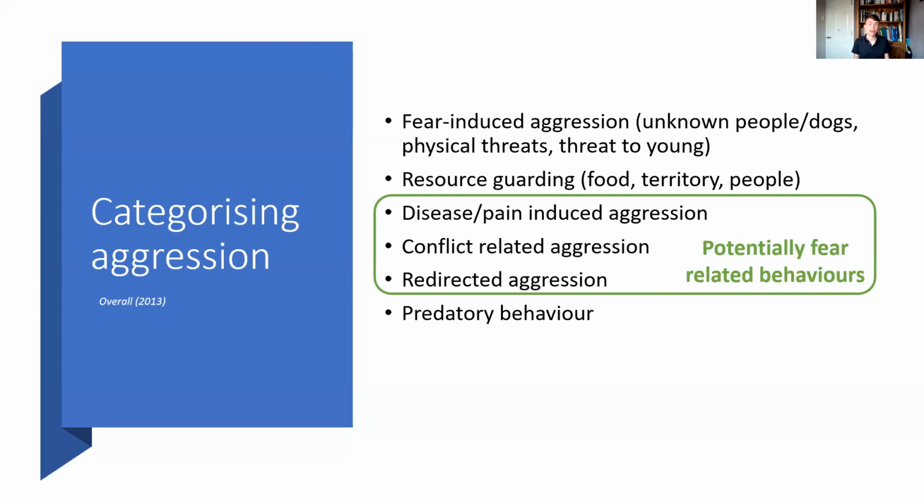Predatory behaviour is a normal behaviour in the dog, and it's actually a sign of fairly good welfare if a dog is displaying predatory behaviour, because they're displaying a normal behaviour pattern and they've spent years evolving to predate on things. So it's very, very normal for them to display that every now and again. It's only in very, very extreme cases where a dog might start displaying predatory aggression inappropriately, maybe towards a human, generally a younger human, that it can cause a problem. But that is genuinely very, very rare.